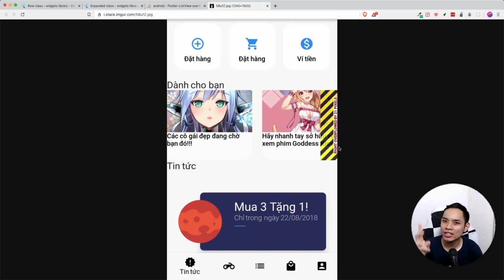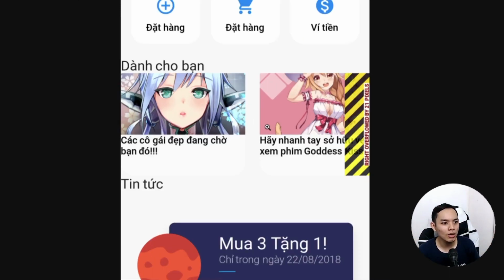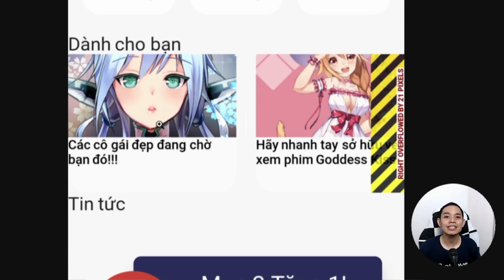And I've got two solutions for you. This is basically two types of use cases that you want to figure out. The first thing is that I will ask whether this whole row section is scrollable left to right, or is it just a simple grid where you have two pictures on both sides? From the Stack Overflow question, this person wants to swipe left and right